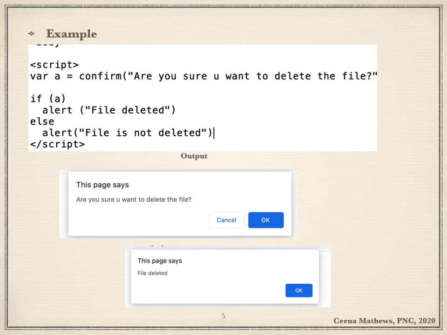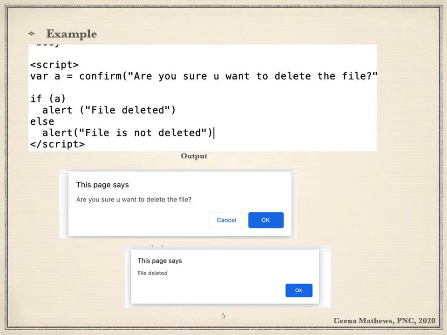So that is var a equal to confirm. Within quotes you give the message to be shown within the box. Here the message given is, are you sure you want to delete the file?